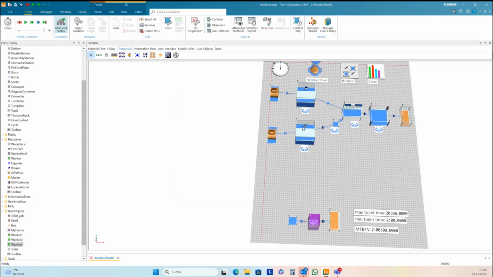And I assign this service here to the station. First, the first worker should make this station, the second, the station 1 here, and the third should work only on the assembly station.